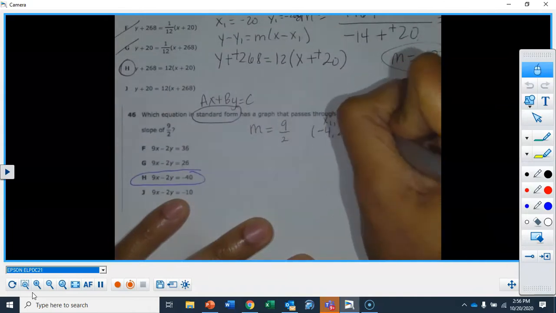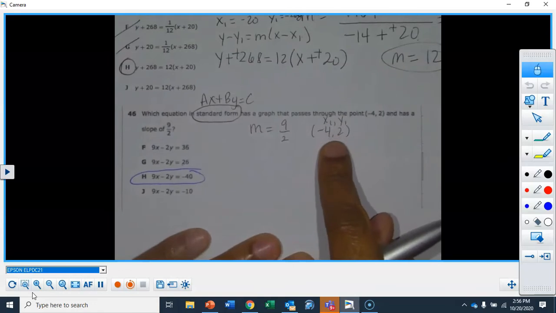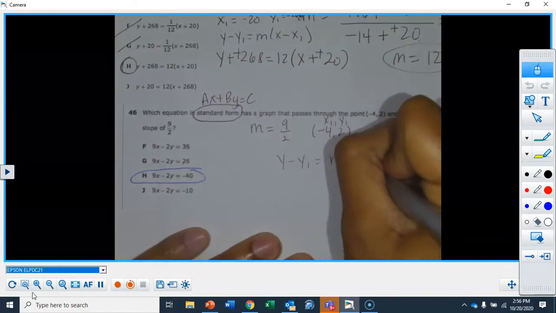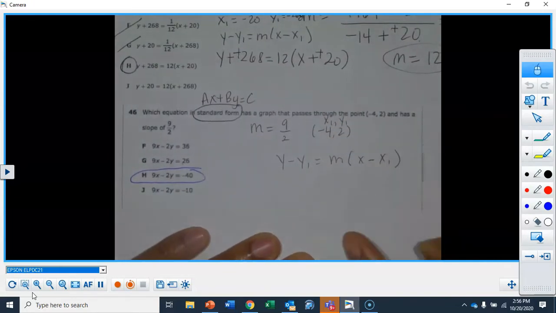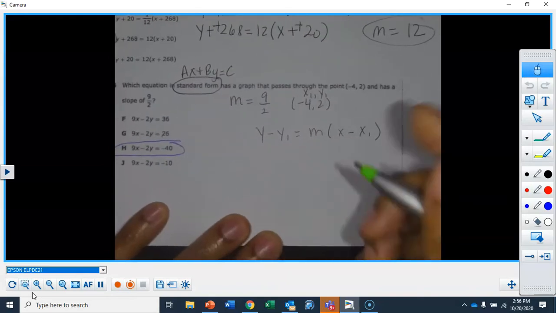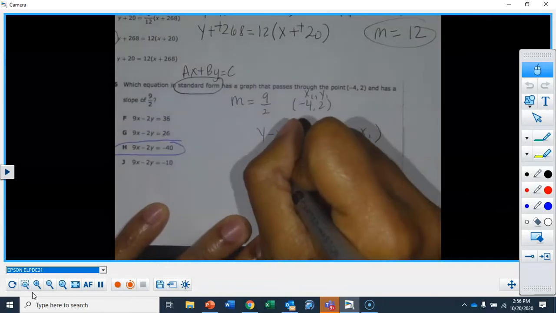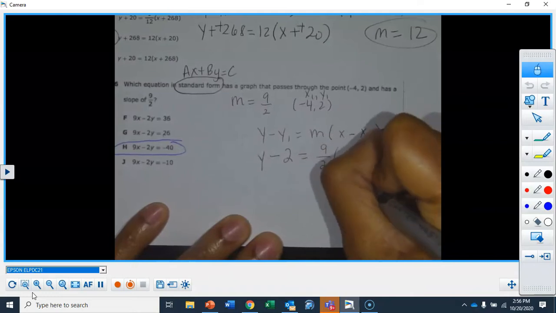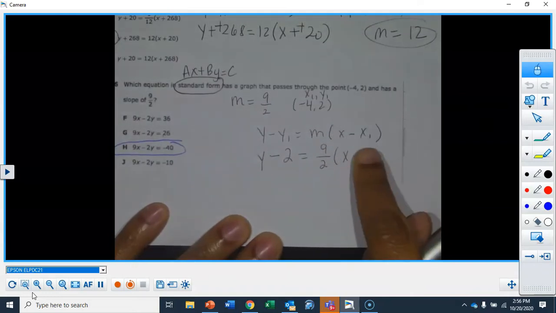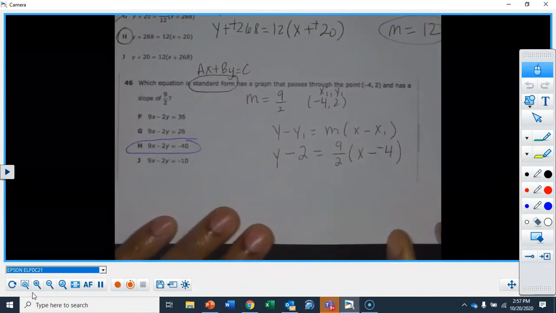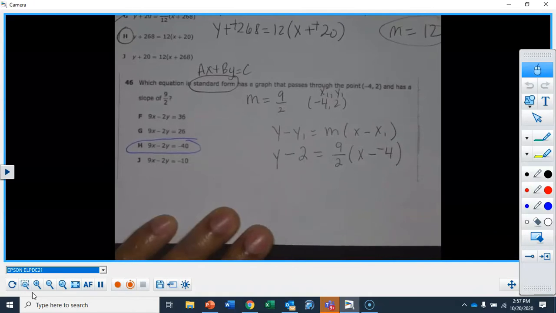So I'm going to label that x1, y1. As soon as I know that I have a point and a slope, I'm going to use point slope. So I'm going to write that formula down. Okay? So very carefully, we're going to substitute it in, all right? So I'm going to put y, don't ever put anything on that first y, minus y1 is 2. Our m is 9 over 2, open parentheses, x minus, and our x1 is negative 4. Okay? And again, see, we can't cancel out anything just yet. So the minus minus, let's make it a plus plus.